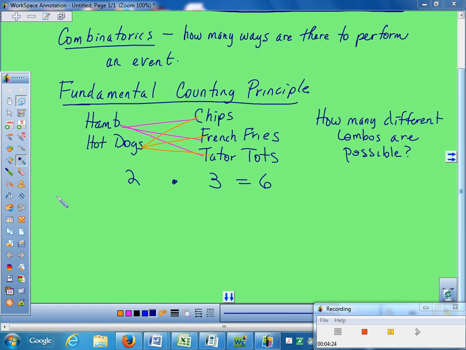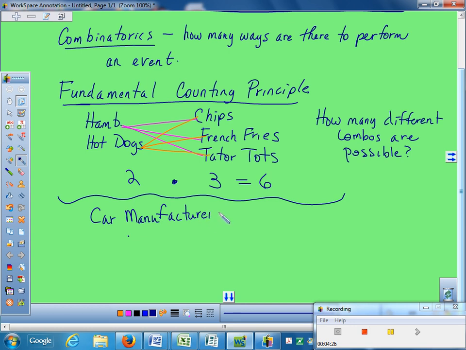So let me give you an example. A car manufacturer. They've limited down, they used to give way more options if you ordered a car. But suppose we're manufacturing cars, and whatever model car we're making, there are going to be 8 body colors you can pick from, and 2 types of fabric for the interior seats.